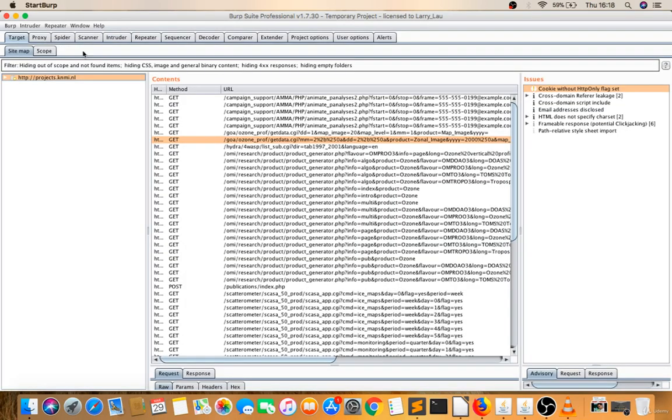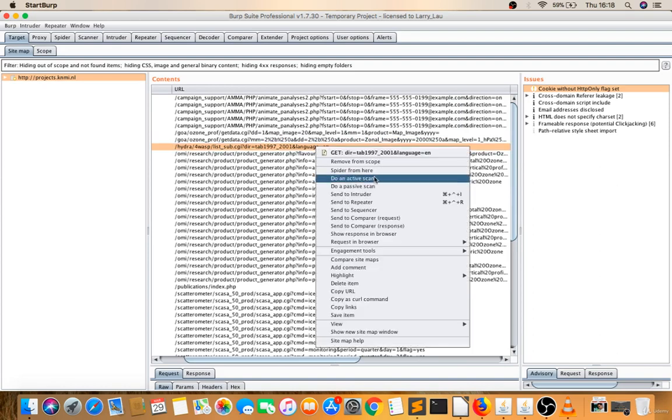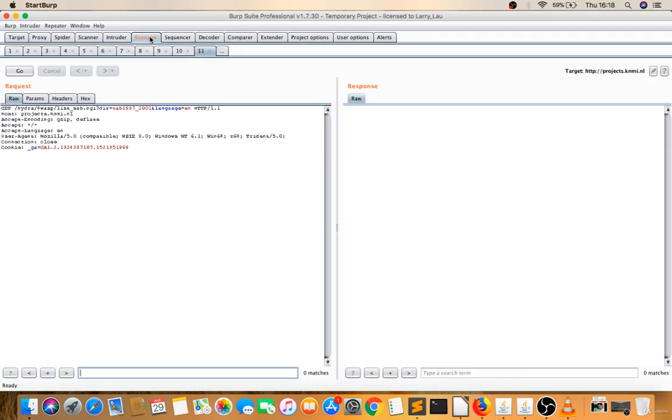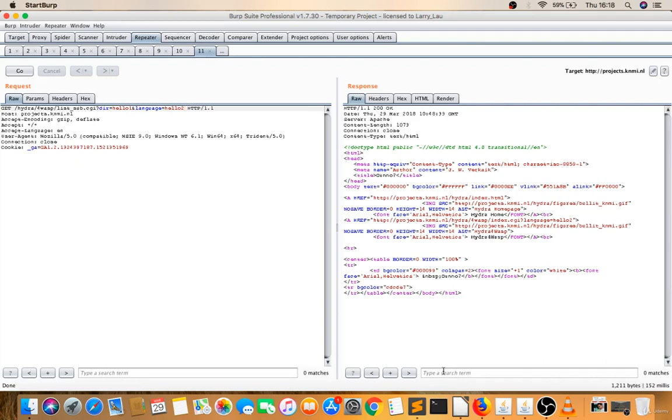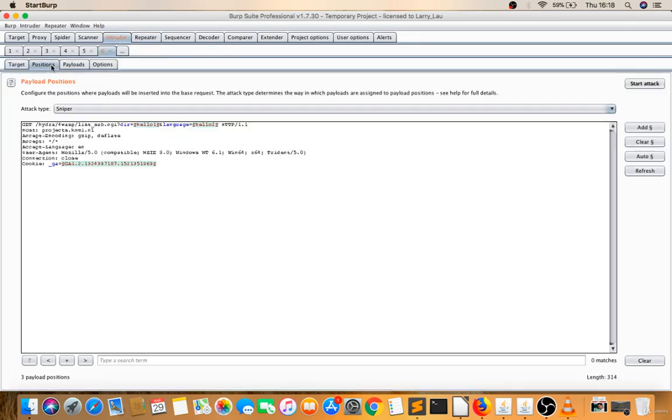Okay, now see, this is another link where I haven't tried the dir parameter as well as the language parameter. So I will right click, send this to repeater. I'll give hello 1 here and hello 2 here. Let's click on go. Let's search here. So hello 2 is reflecting only. Now I'll right click, send this to intruder, positions. I don't have to attack on this. I have to only attack on hello 2.